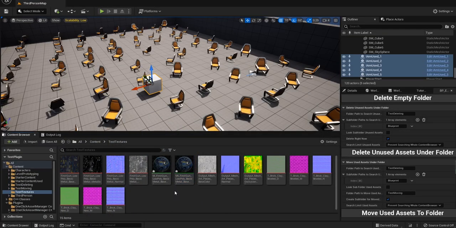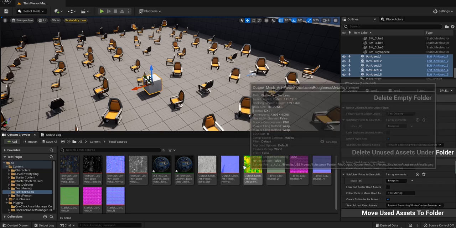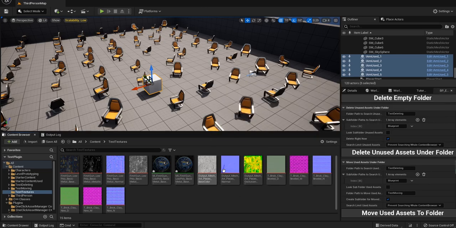So hopefully this can save you a lot of time when you have like 50 sets of textures and you don't need to plug any one of them in one by one. And what if your textures are channel packed? Well, I got you covered for that as well. In here, I have 3 textures that I created in Substance Painter, and as you can see, they are channel packed